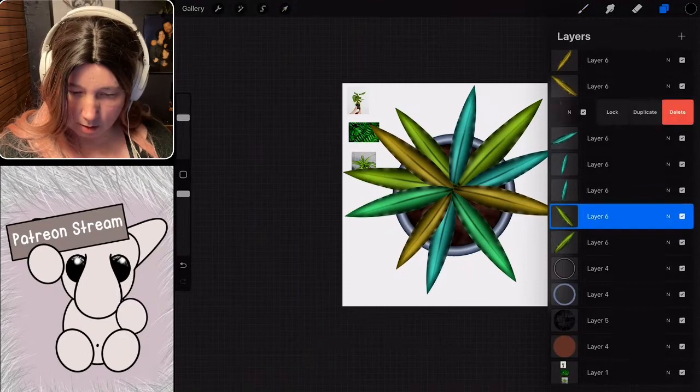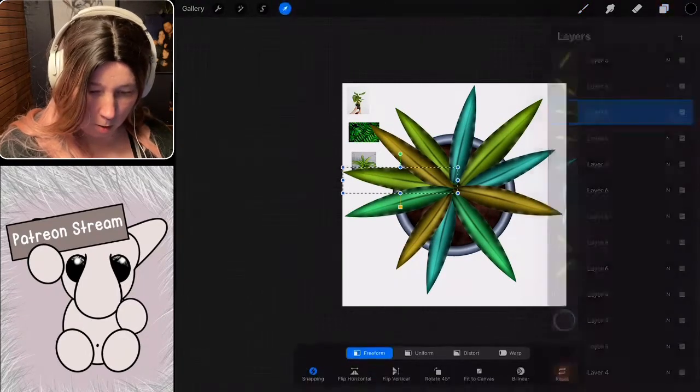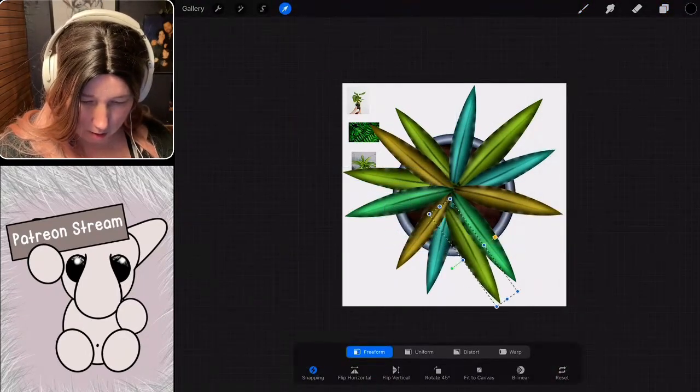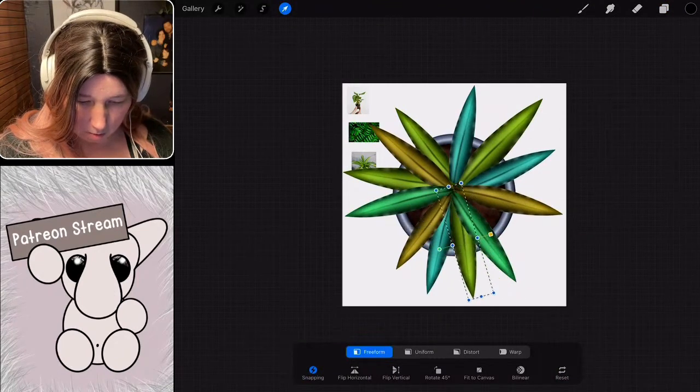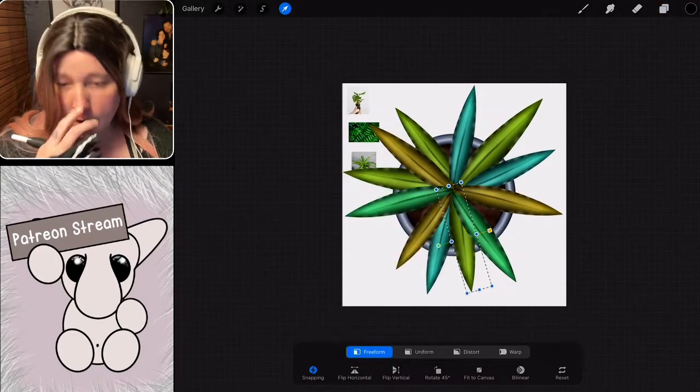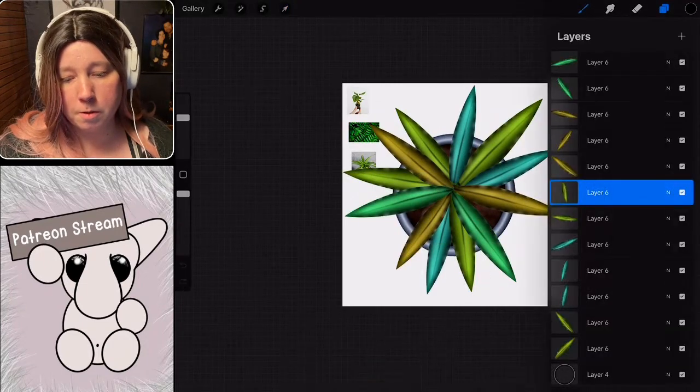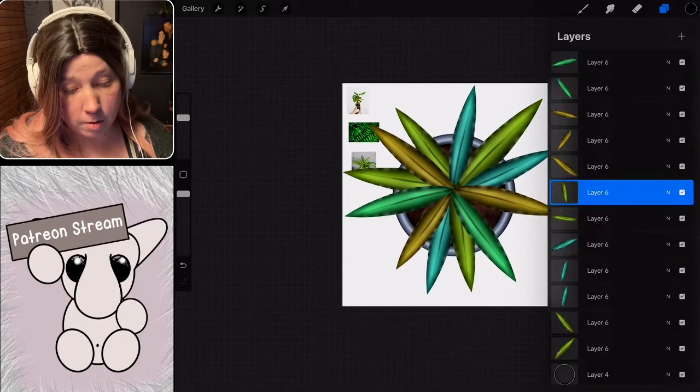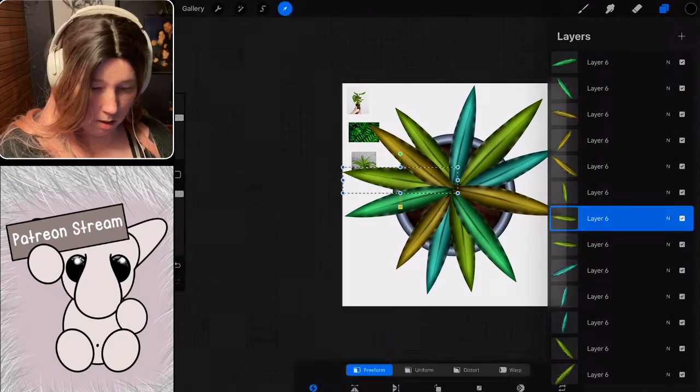See how easy that is? I was so paranoid to make plants. And then when I did it, I was like, oh, that's not near as difficult as I thought it would be. Now, granted, I'm sure other people can do them differently and probably better than me. But